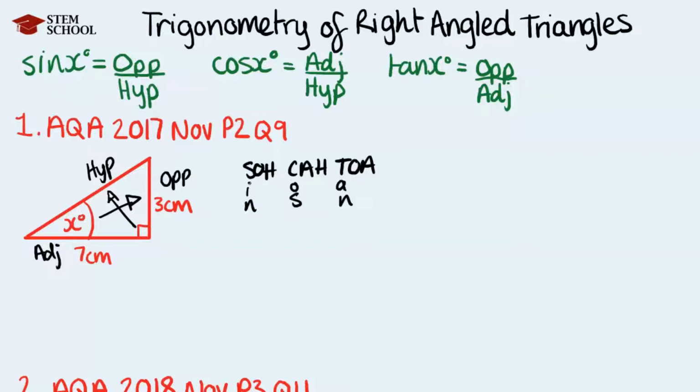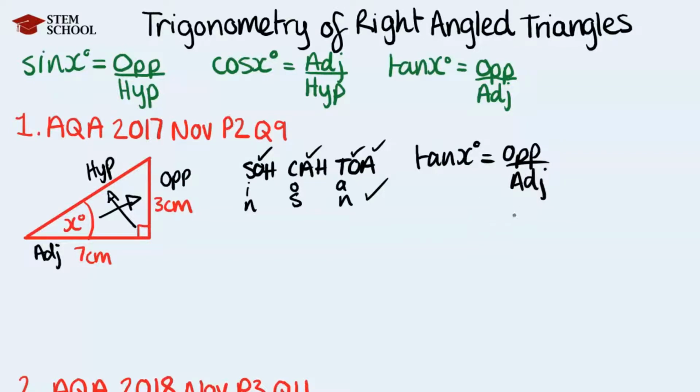Now we want to identify which sides have been given to us in the question and what we're trying to find, right? So in this case, we've been told the length of the opposite, so then we tick off O, just like that. Then we are also told the length of the adjacent, 7 centimeters, so we can tick off A. Alright, now after you've done this, the one that has the most number of ticks, well, that's going to be the equation that we use. So in this case, we have to use the tan equation, right? So let's write that down. So tan x is equal to opposite over adjacent,